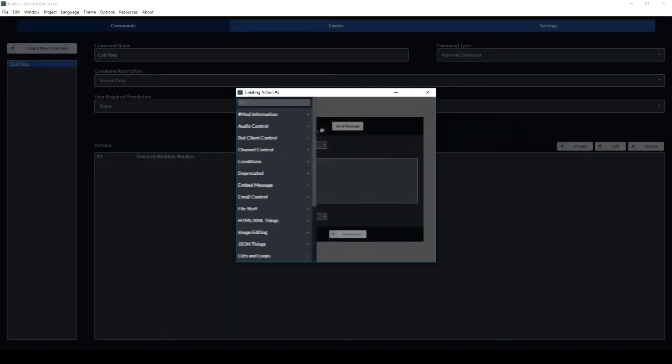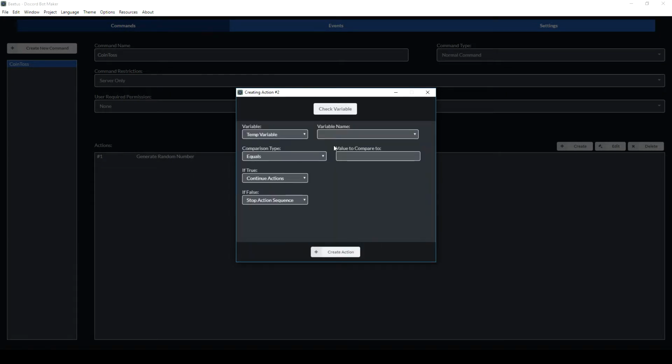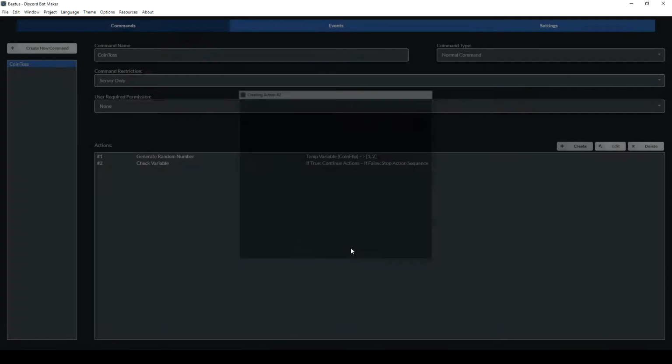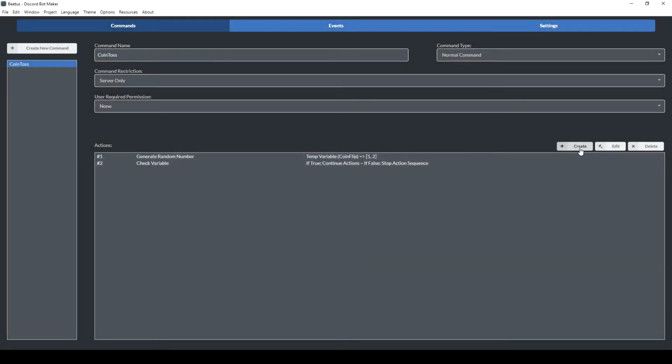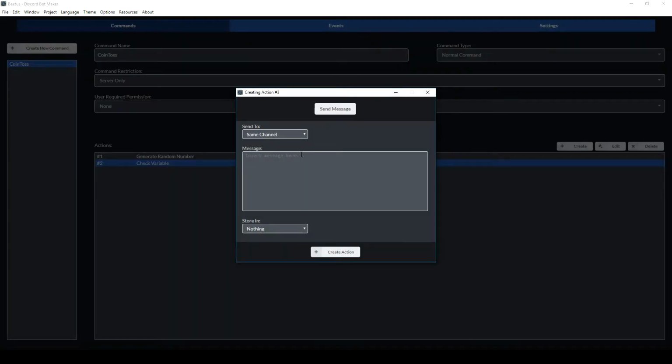So now that we have the random number generator doing the 1 or 2, we're going to create a new command, and we're going to select conditions, and we're going to have it check variable. Now, the only variable we have is the coin flip because we just created that from the generate random number. Now we're going to do an equals value compared to 1, and we're just going to leave the if true, if false alone for now. So now if it's 1, we're going to create another new command where it's going to say heads,